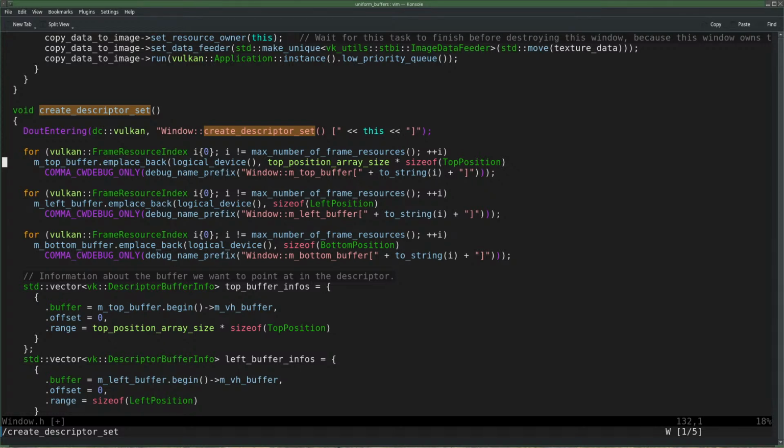Or do I see that wrong? No, I'm not seeing that wrong. So your I is the element index of the array. But what the hell is it doing? Putting something in M top buffer. I'm gonna ignore it for now. Information about the buffer we want to point at in the descriptor.